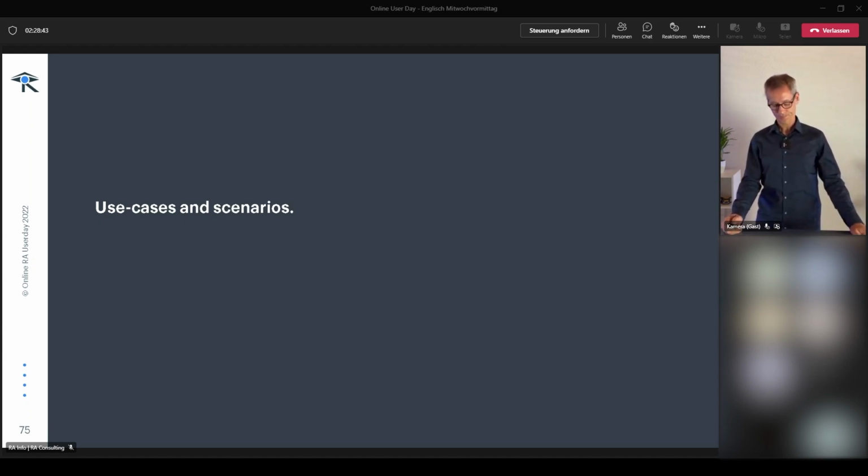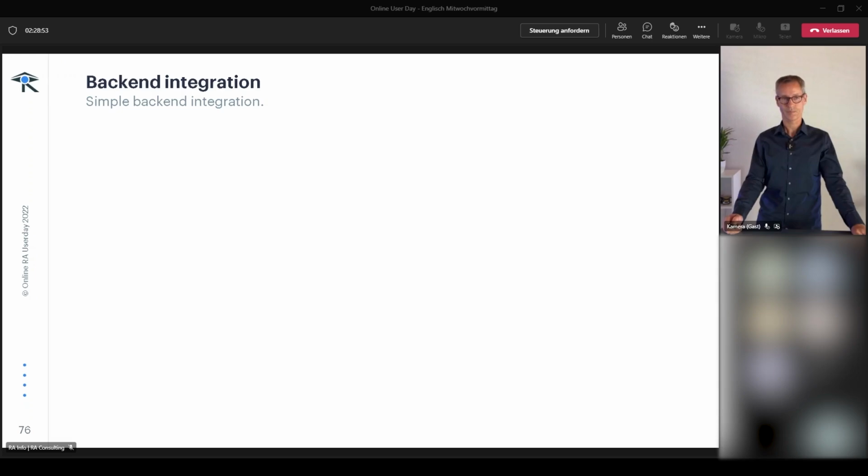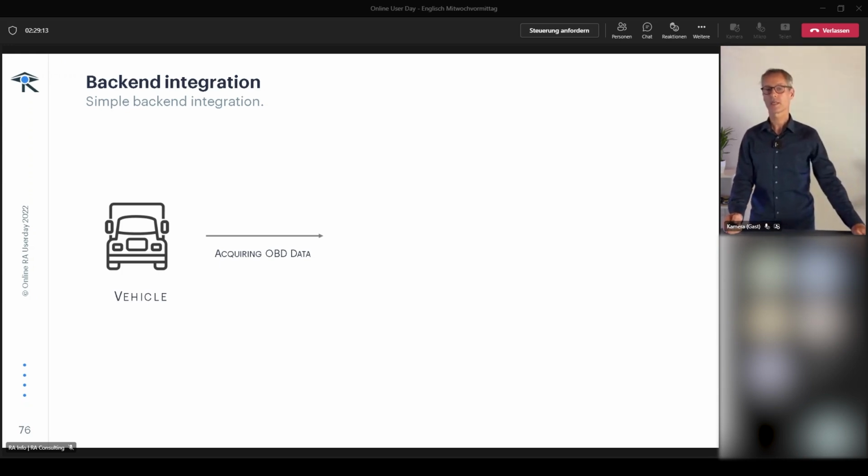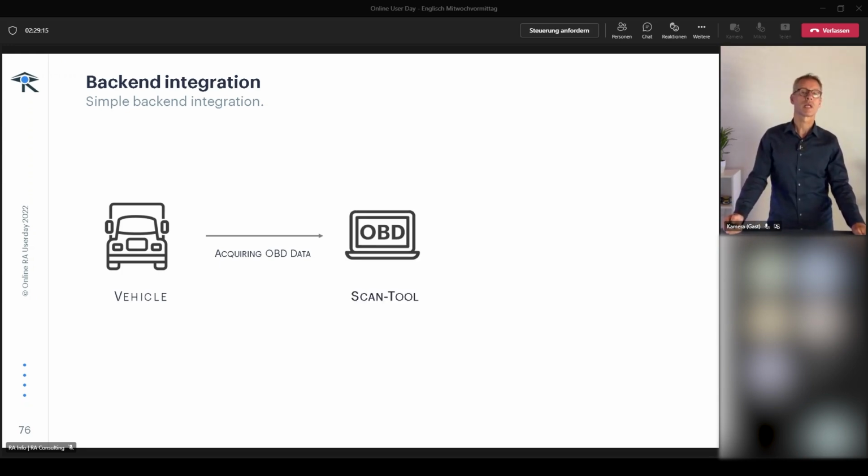We have identified use cases for DiagRA Embedded. So first of all, we have some kind of the classic setup with a simple back-end integration. So that's what I said in my introduction with the trends and challenges. That now we have some kind of a vehicle. We have acquired, for example, OBD data and have the classic scan tool that is connected to the vehicle and